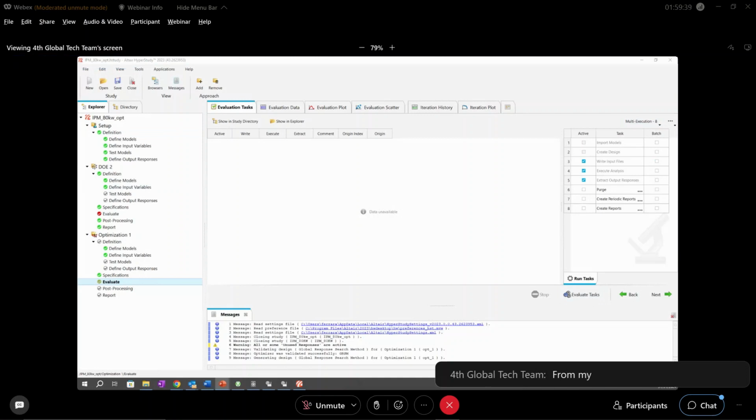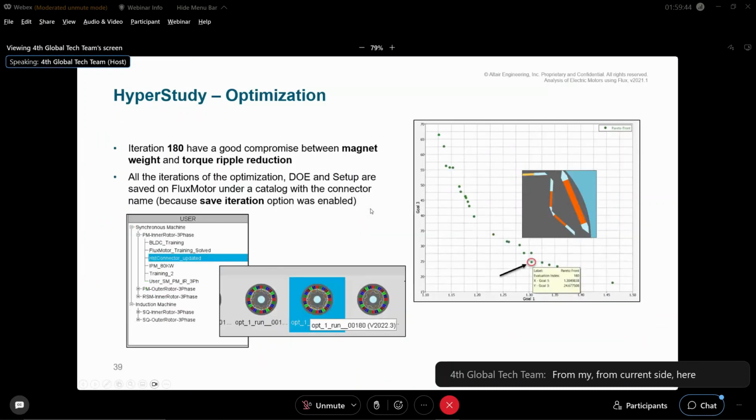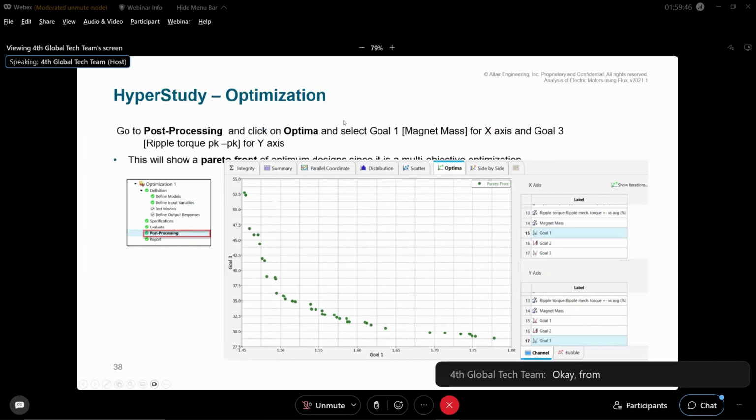from my current slide here, from my PowerPoint. So here we can see the Pareto front. You have to choose goal 1. Goal 1 is the magnet mass, and goal 3 is the ripple torque peak to peak. If you have goal 1 on the x-axis and goal 3 on the y-axis, you will find the Pareto front here. It is a curve